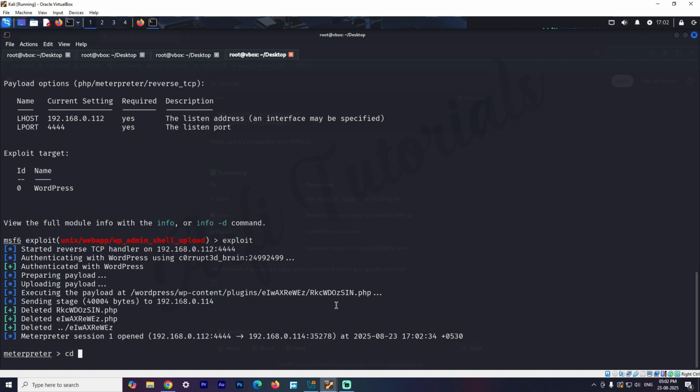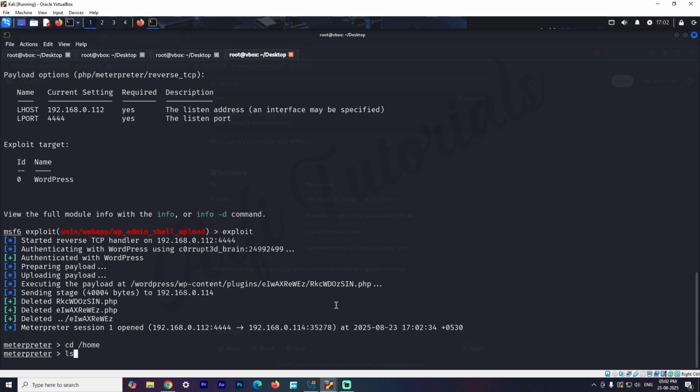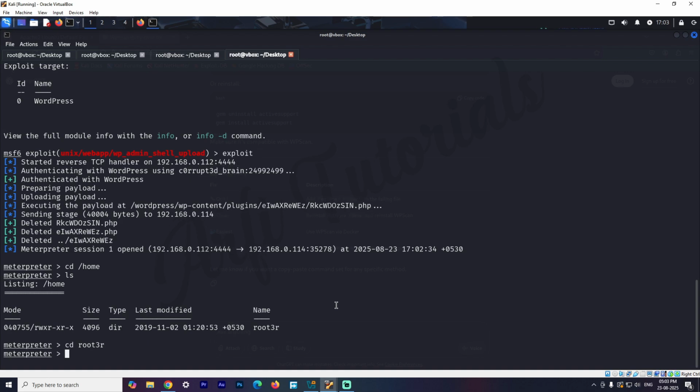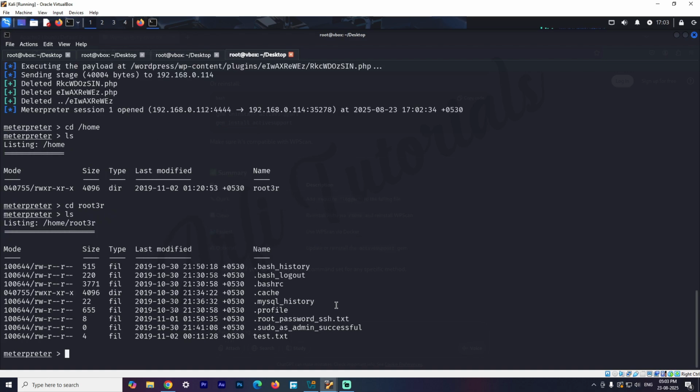We will go to the /home directory and do ls. Let's go into the root3r directory. Again, we will do ls.